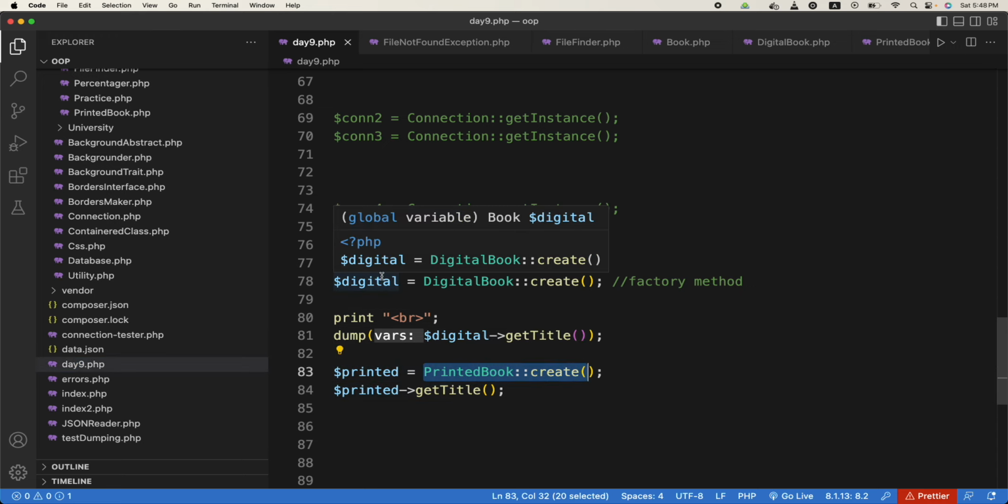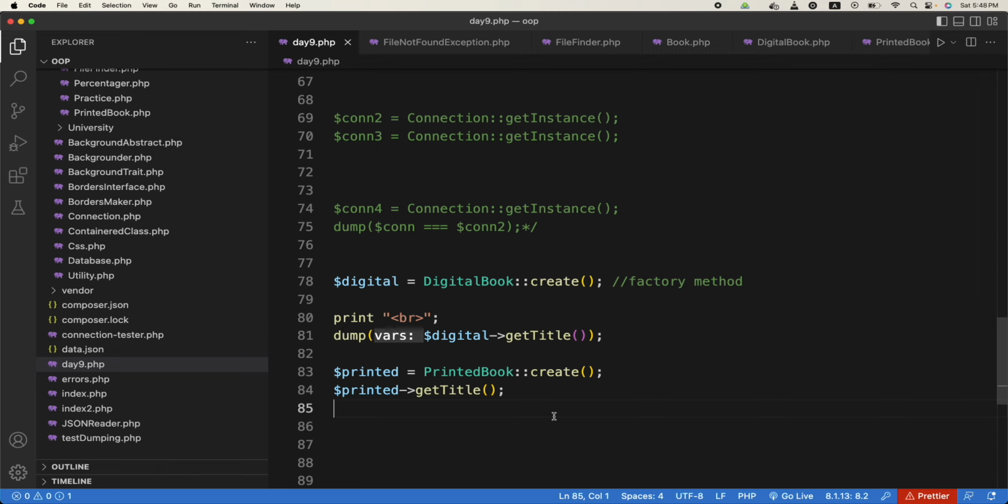That's it. And this is also called the factory design pattern, factory, because this create method does what? It creates an object of this class, so that's why it is called factory. Okay,